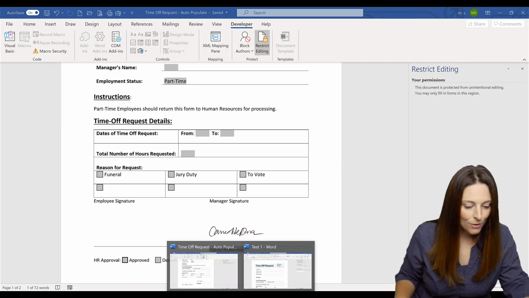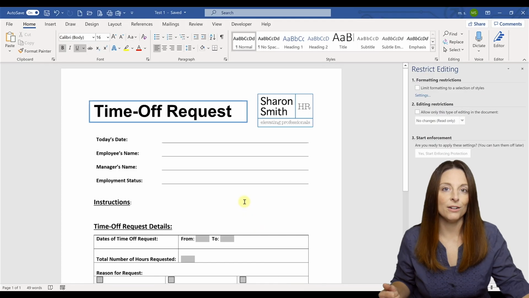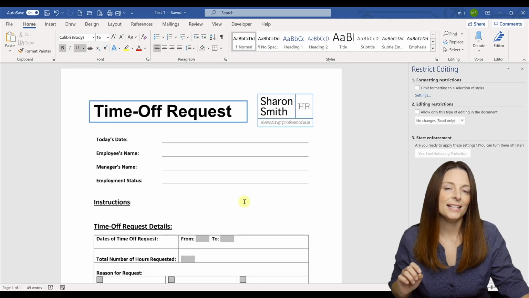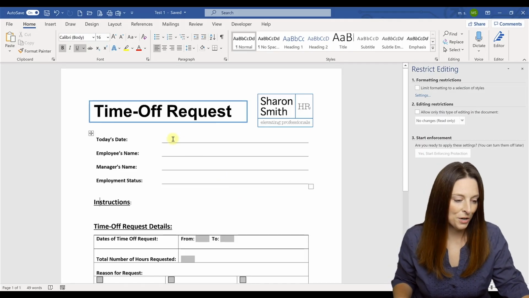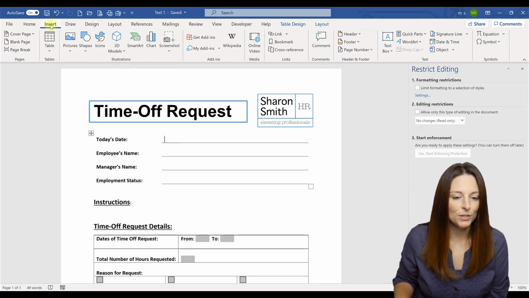All right, so let's go over to a blank document. This document just has the shell or the outline and the formatting, and I'm going to show you guys how to insert the form fields and set them up so that it will do this conditional type of action for you. So for today's date, the way to do that is simply to come up to Insert,